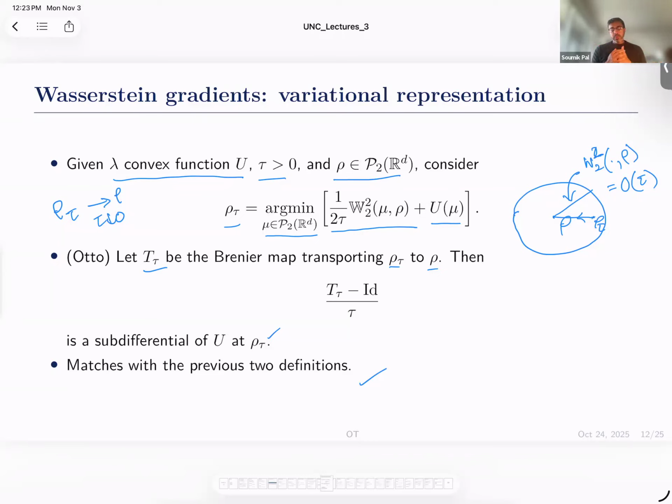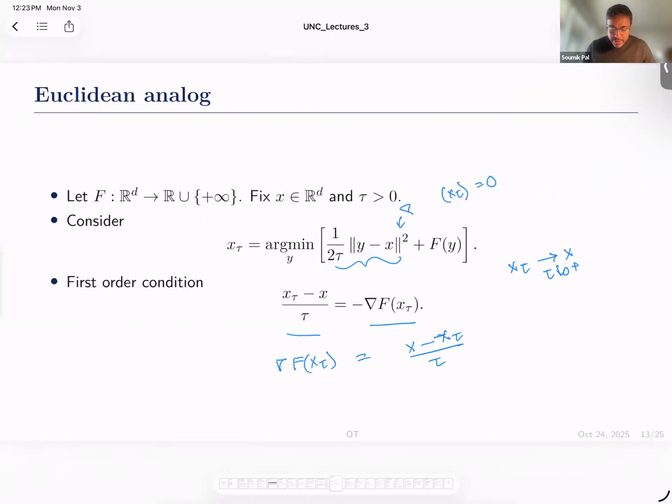Whether the limit is uniquely defined at rho or not, that's a different question. But you always have a nice sequence. Again, the way that you should think of this is that, from here,